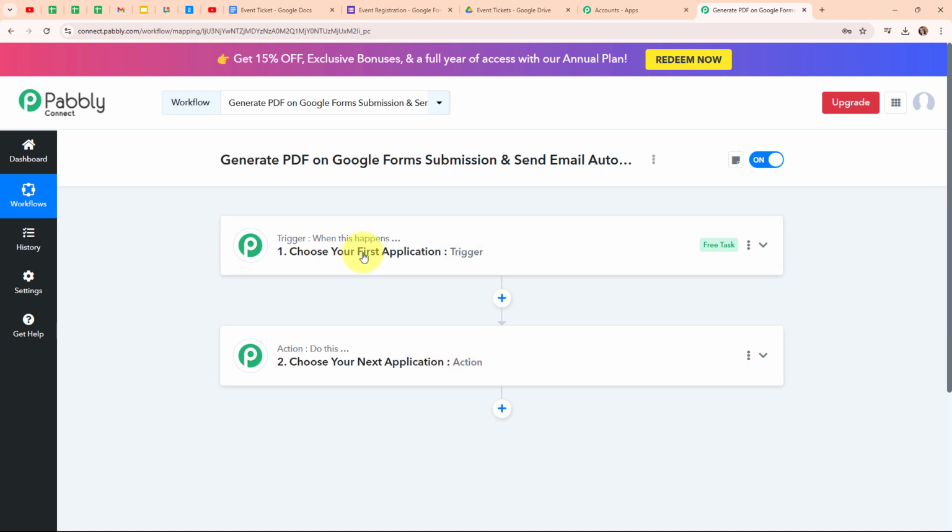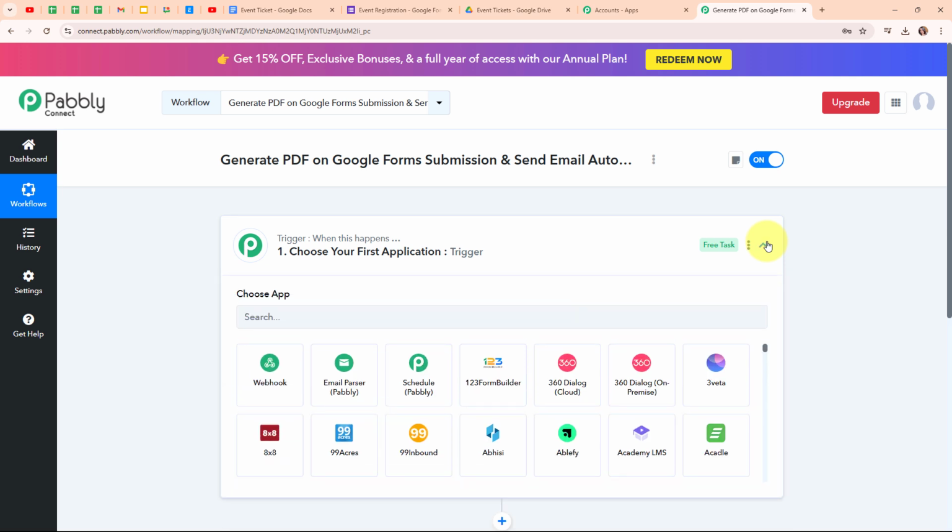Where trigger says when this happens and action says do this. That means action is a response towards a trigger. Your automation can have a single trigger but multiple action steps. Now let's begin with our automation by simply setting up a trigger. So here in my trigger step, I'm going to select my trigger